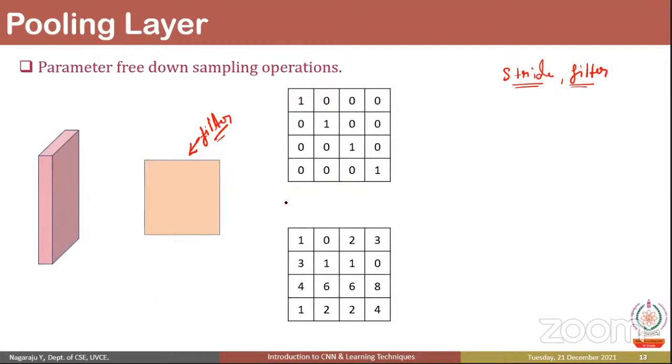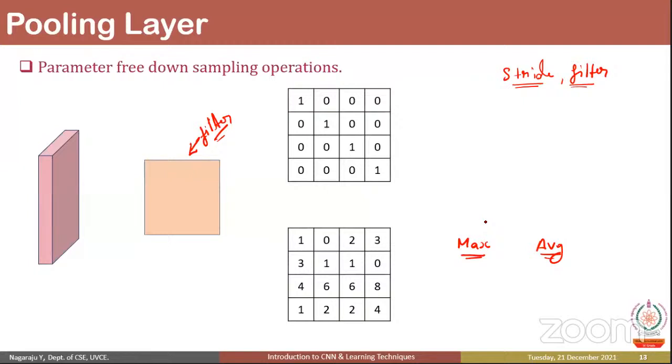Before going forward, one more thing I want to explain: in pooling we have two different pooling types, or ways. One is max pooling and one more is average pooling. So what is this max pooling? The max pooling is